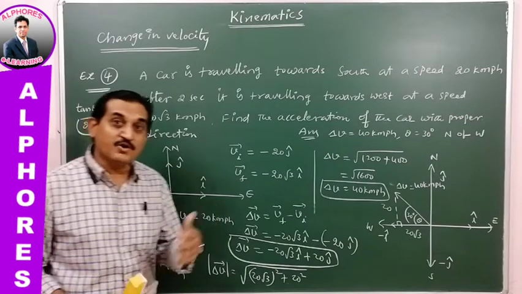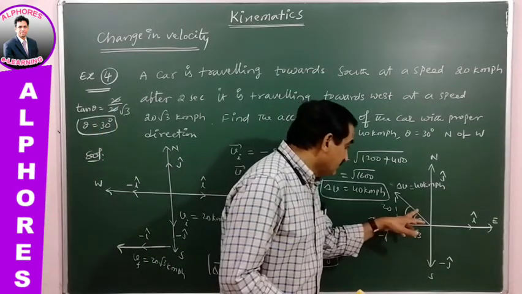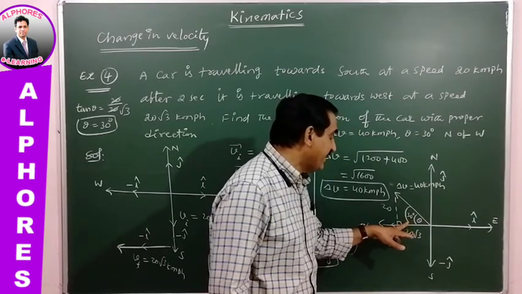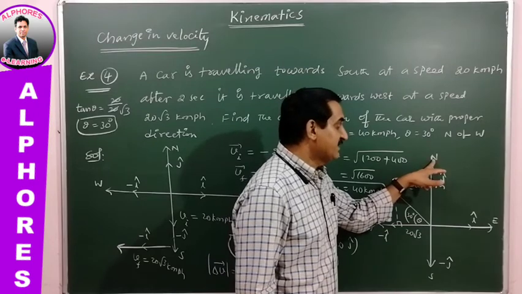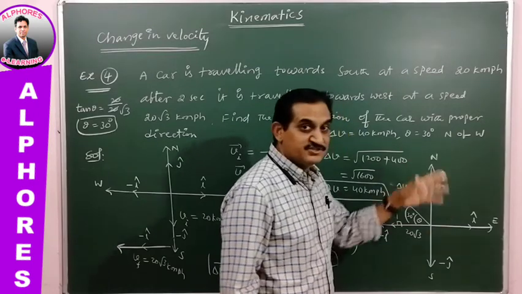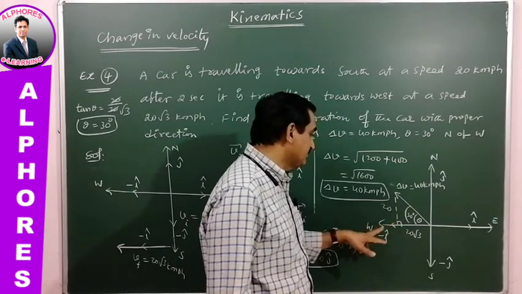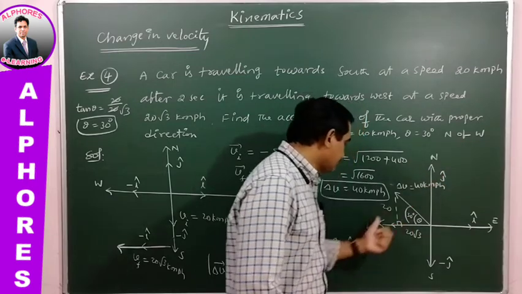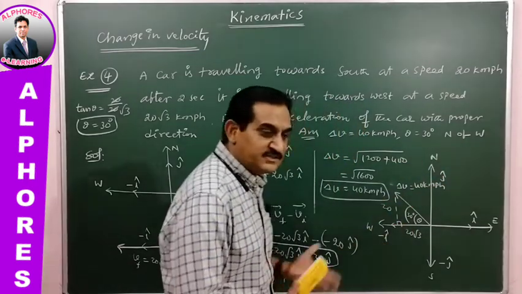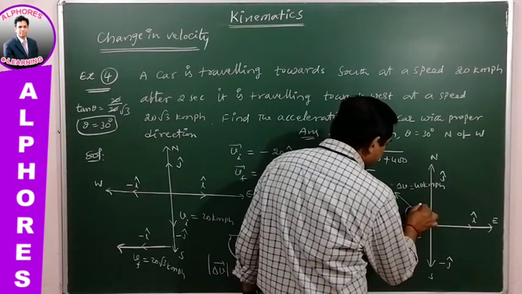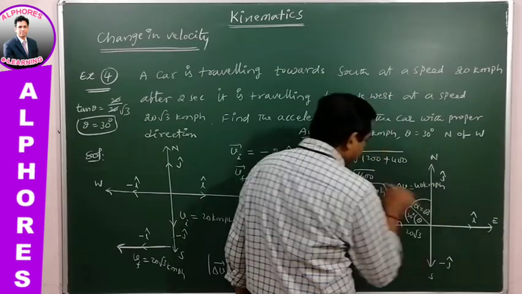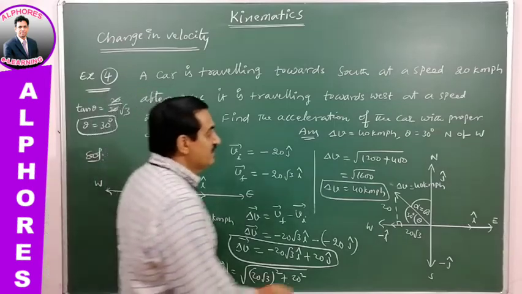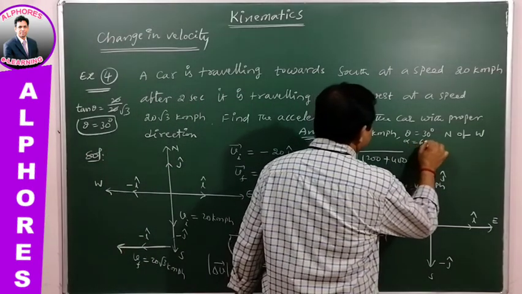One more logic was given earlier: if the change in velocity is making an angle with one particular direction, the priority goes to the other side while giving its name. Suppose it is making an angle of 30 degrees with west. Then we give the priority first to north: north of, next comes west. North of west. Okay, this is the logic. Suppose the remaining angle, alpha, is 60 degrees, since the other is 30 degrees. Now we can also give the answer as 40 km per hour, with alpha equal to 60 degrees.